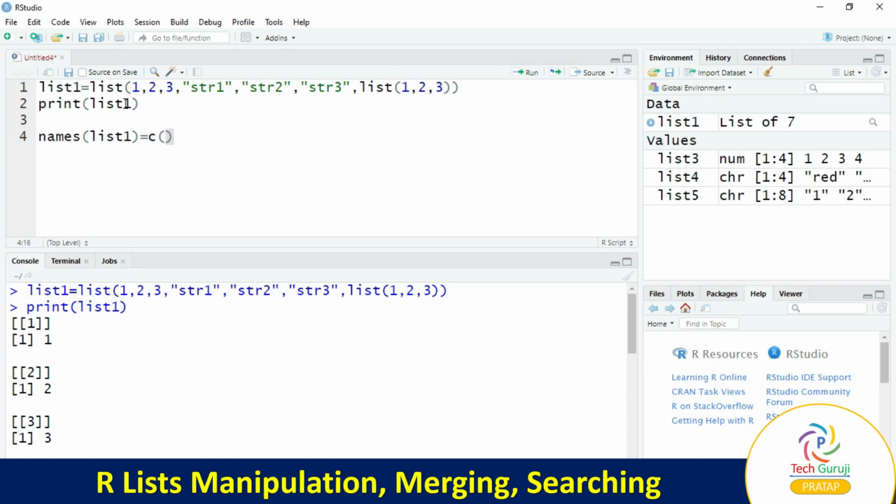First we have to find out how many items the list contains. So the list contains 1, 2, 3, 4, 5, 6 and 7. So the list contains 7 items. So we'll have 7 strings.